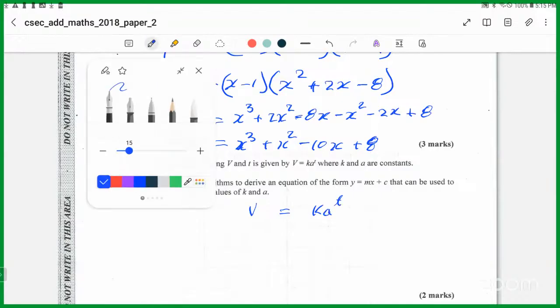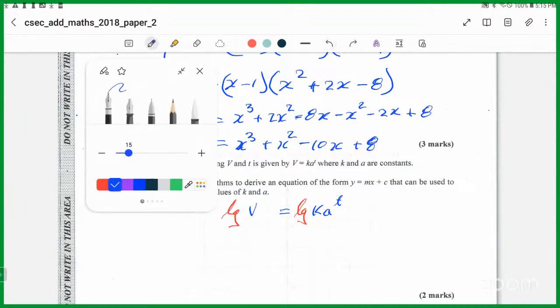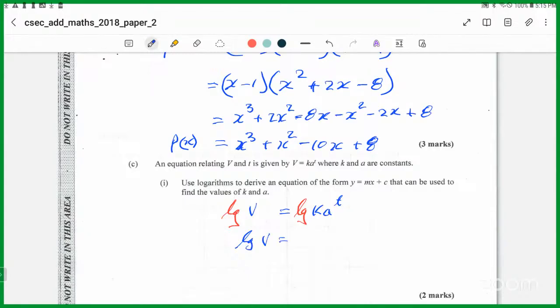I'm going to take logs of both sides. So I'm going to log the left side and log the right side. When you take the log of this product, it becomes the sum of the logs. So it becomes the log of v equals the log of k plus the log of a to the power t. And this t can come to the front, and that's a variable, right? T is a variable, just like the v is a variable. So it stays as log v